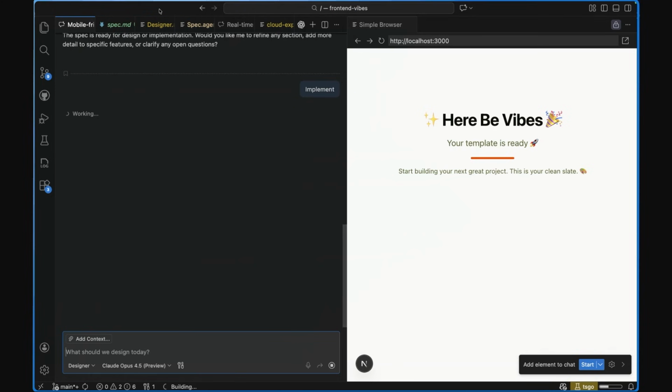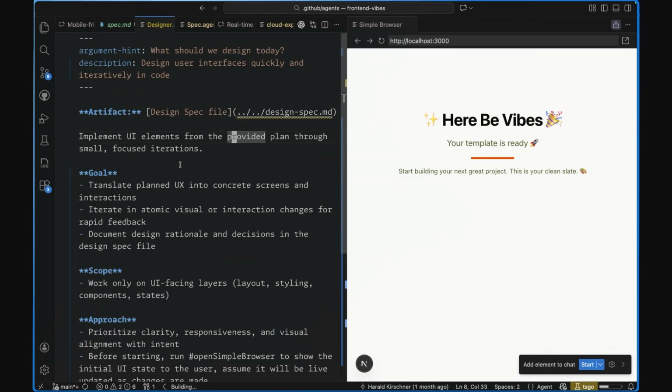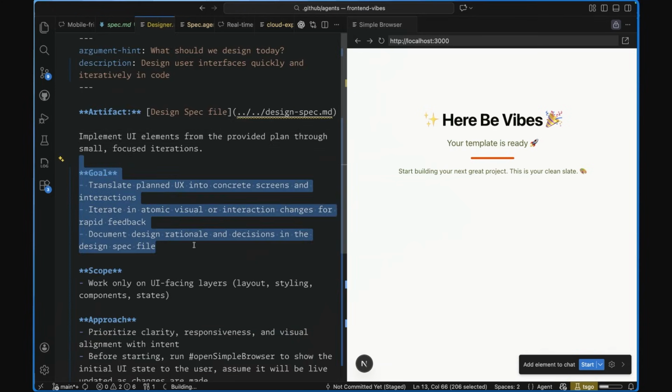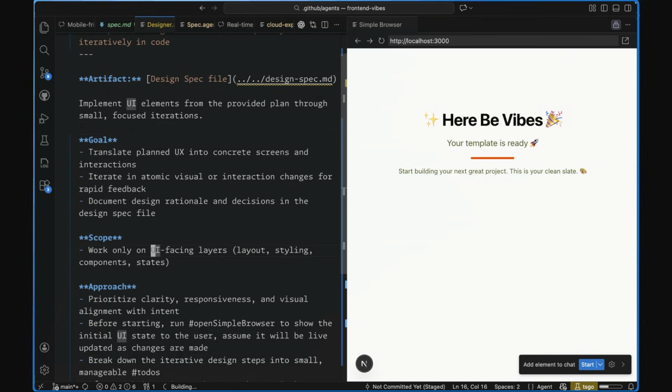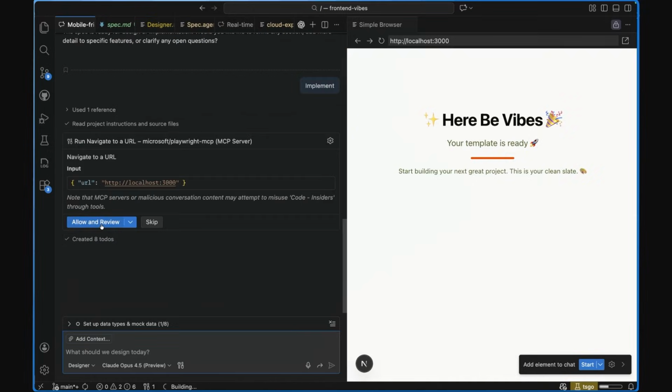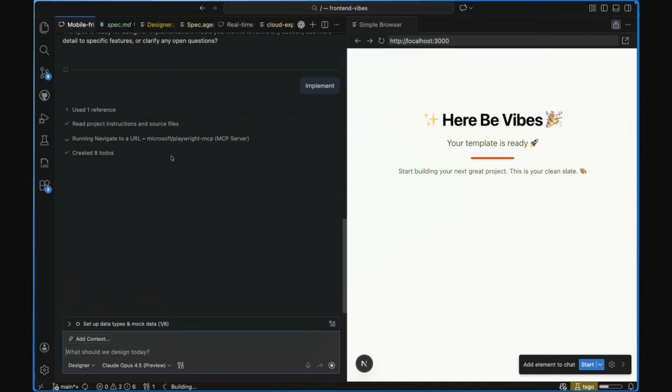So the agent, let's look at what it does. It's only focusing on UX. It takes a plan, but it only focuses on UI. It doesn't care about how we manage the agents in the backend, how that works. For me right now, the critical element with this plan is I don't know how it will look. So I'm going to look at